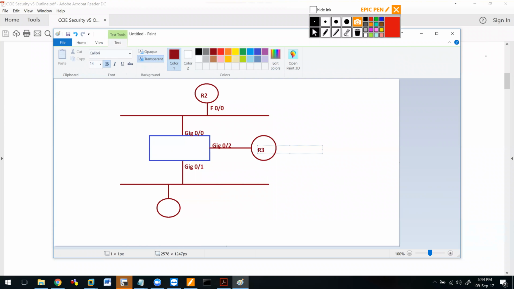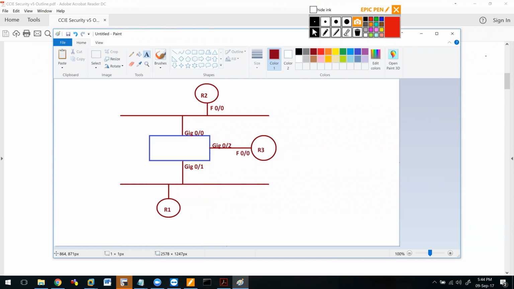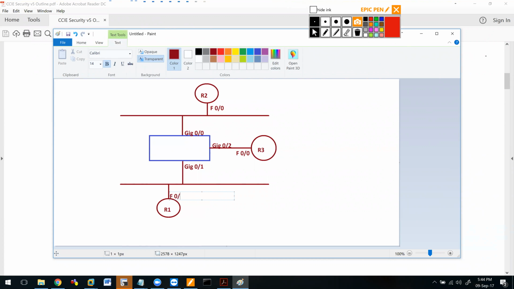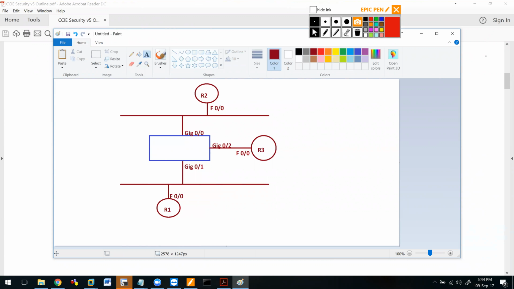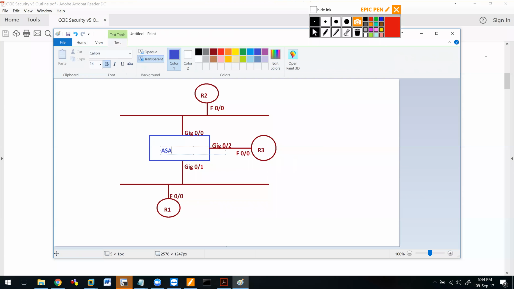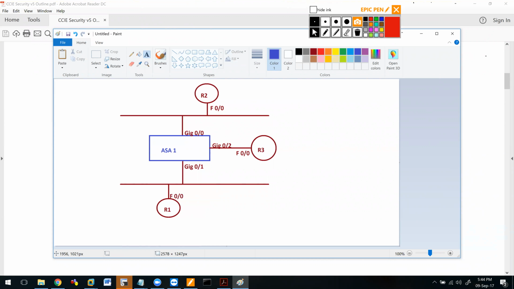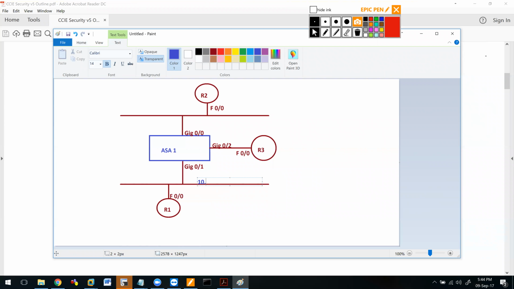Router 3 over here, router 1 over here, F0/0. And F0/0 over here. And this guy over here is my ASA1. Good so far? At the same time, my network addresses